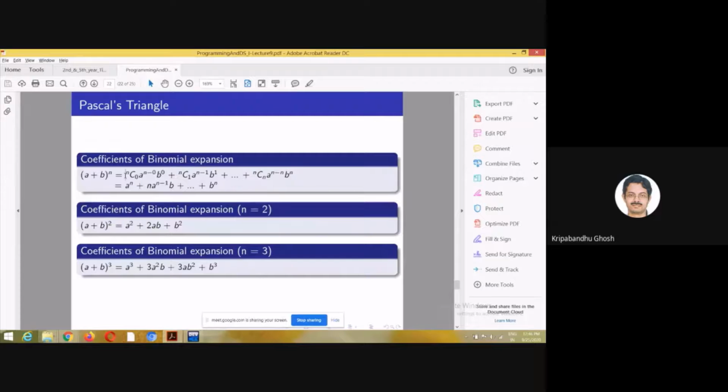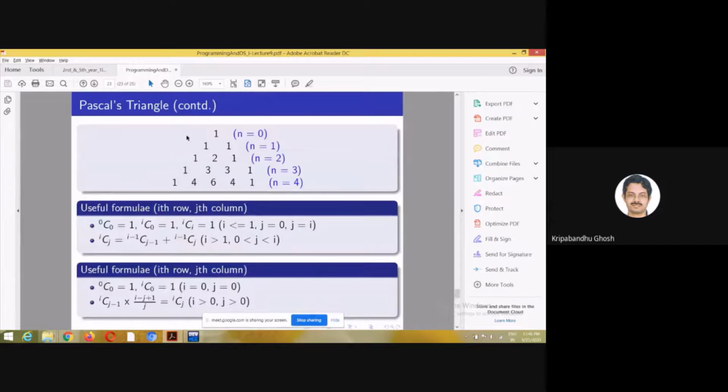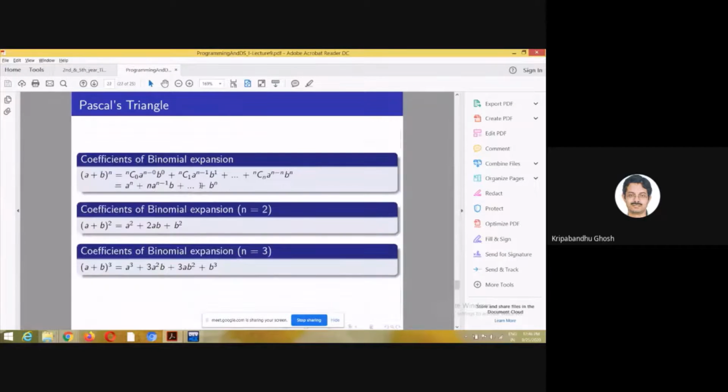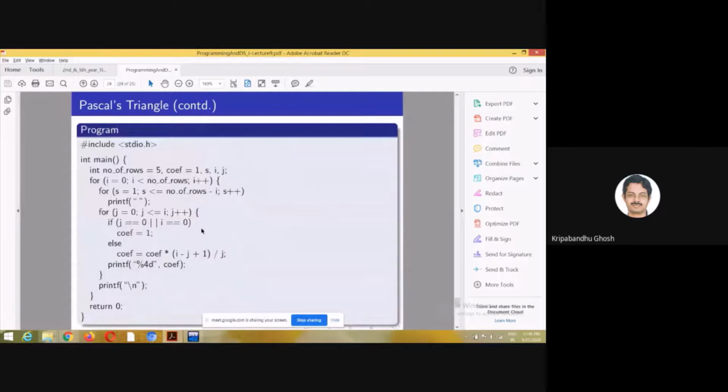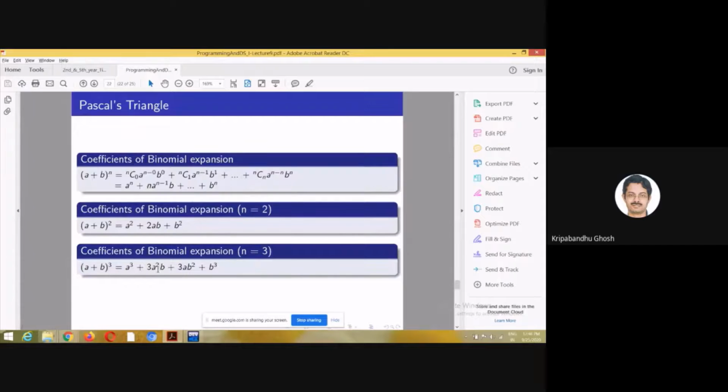So the coefficients of a and b, or anything that contains both a and b, are basically the constituents of this triangle. So this is (a plus b) to the power of 0. This is (a plus b) to the power of 1. So 1 and 1, and these are the coefficients of (a plus b) to the power of 2, which is a square plus 2ab plus b square. So the coefficients are 1, 2, and 1, right? So this is for (a plus b) to the power of 3. It is a cube plus 3a square b plus 3ab square plus b cube, like this. So this is the general formula.